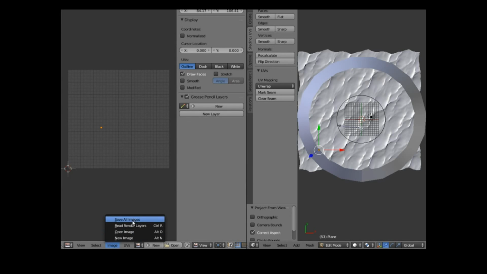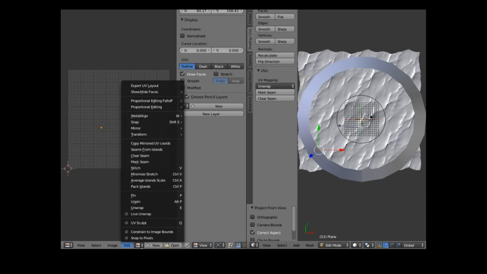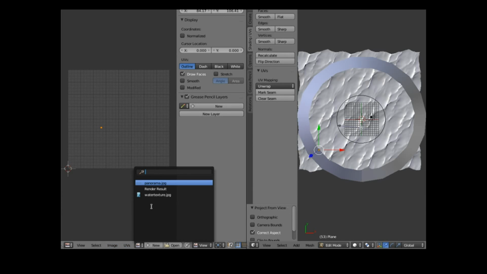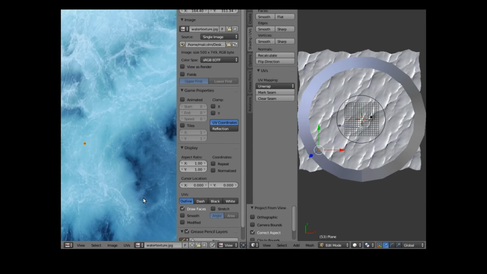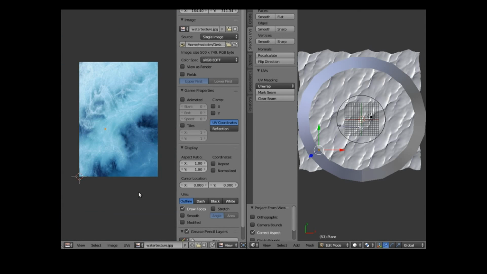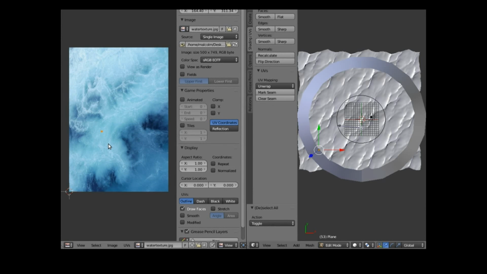Image, the image I want is the water texture image, which is like that. I'm going to select all, I'm going to scale it up. In fact, this is the image I was thinking of using, but it will do. Chief grab,